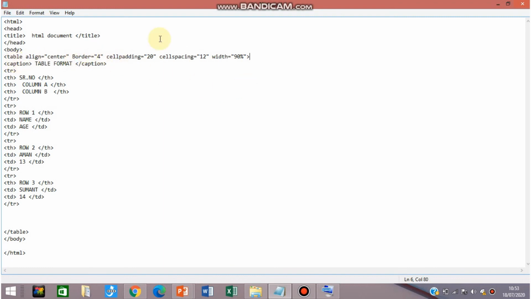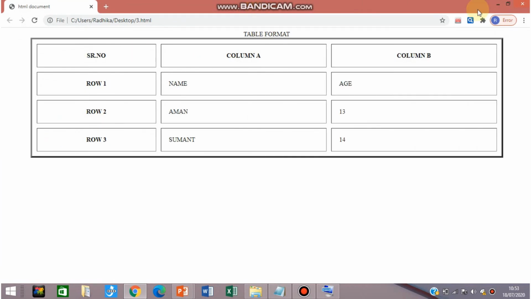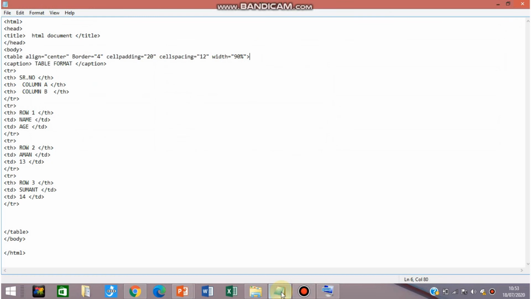After doing the changes, it is very important to save, otherwise your changes will not be visible in your browser. This was the code that we have already written in the last class.